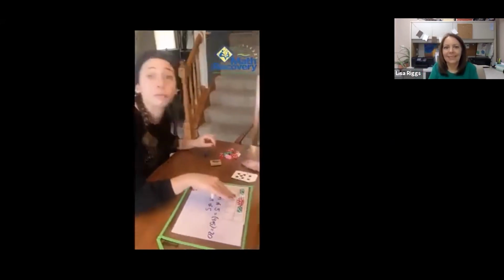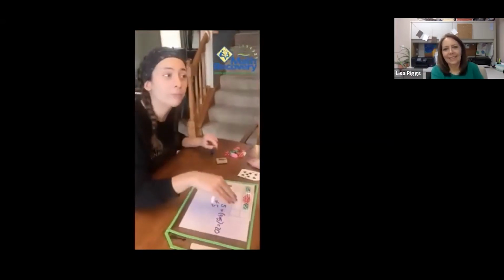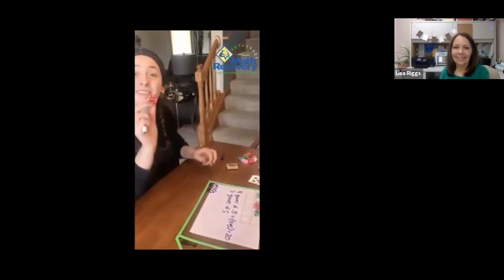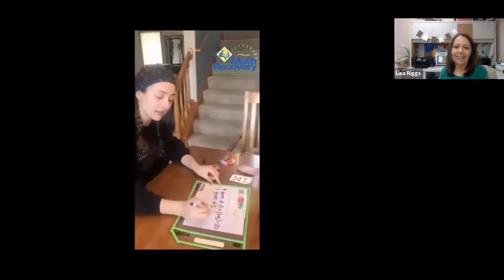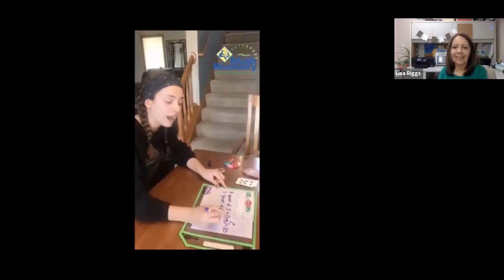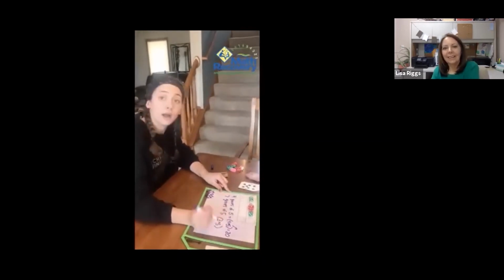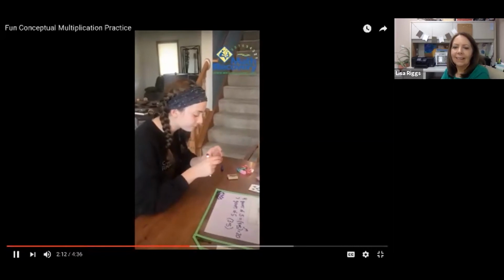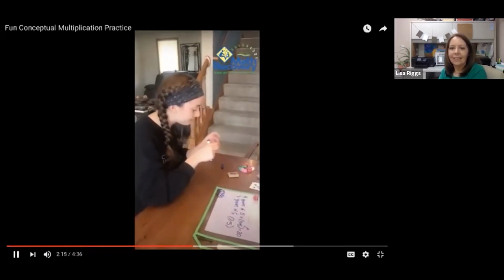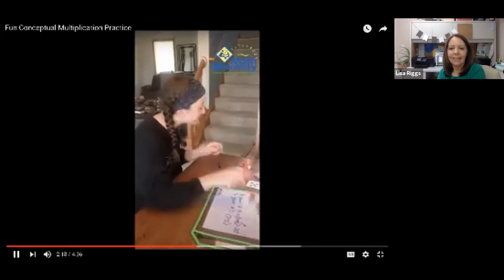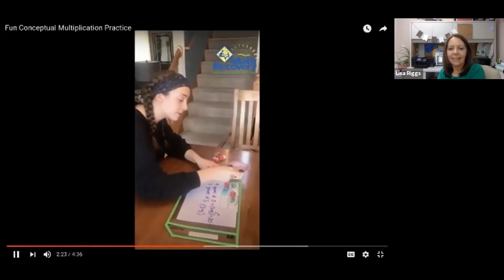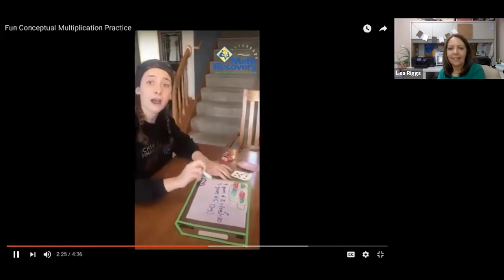another, so I have 4 groups of 5 right here. All right, so 4 plus 3 makes 7. So what I can do is I can take 3 more dice, and I can just understand that 4 groups of 5 is 20, and then 3 groups of 5 is added up to 7 groups of 5. So if I add 3 more, this is the really complicated part, because like, where is the 5? No one knows. Now this, I can now understand that this is 7 groups of 5,